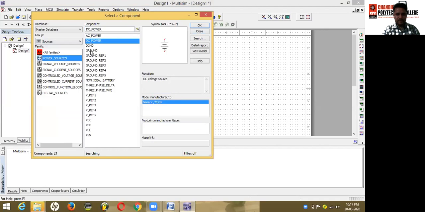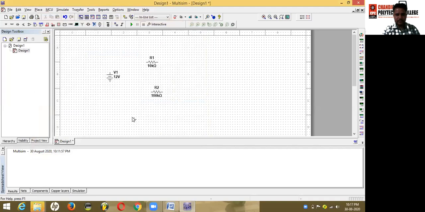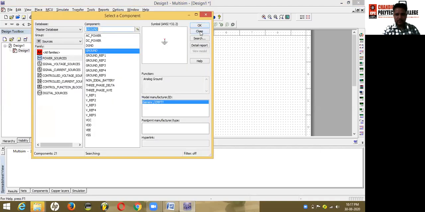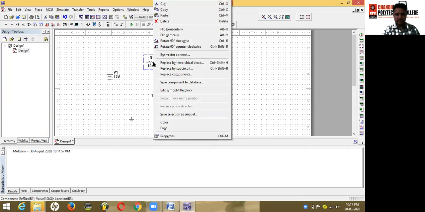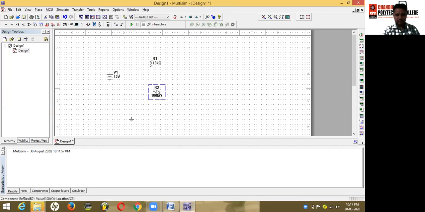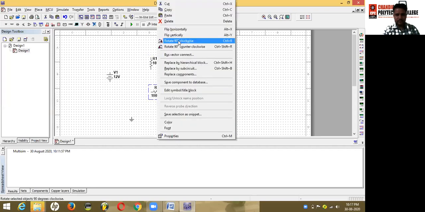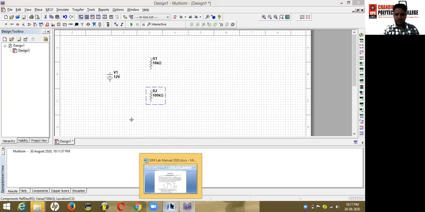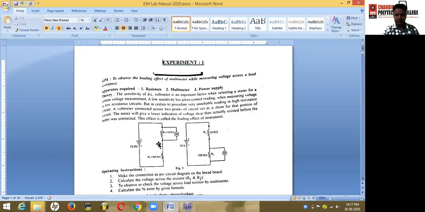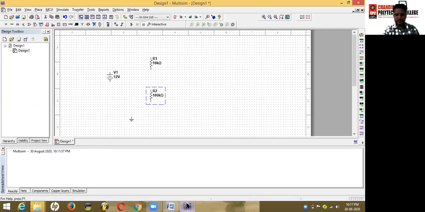Also we will select a ground to complete our circuit. We will close the component section. Here you can make your circuit according to the circuit diagram that has been shown in this experiment.